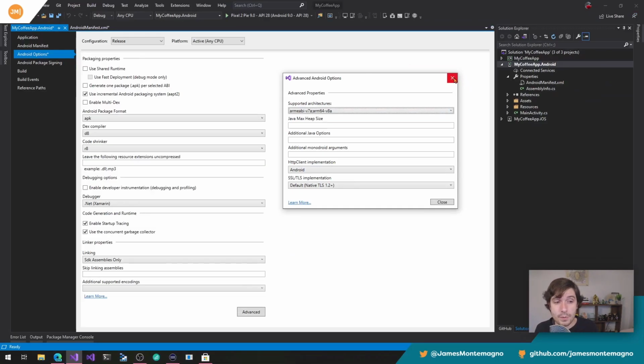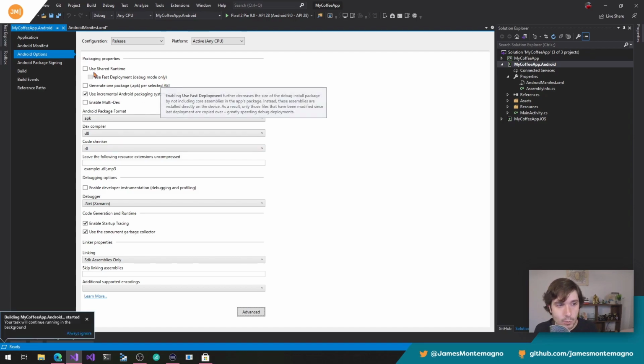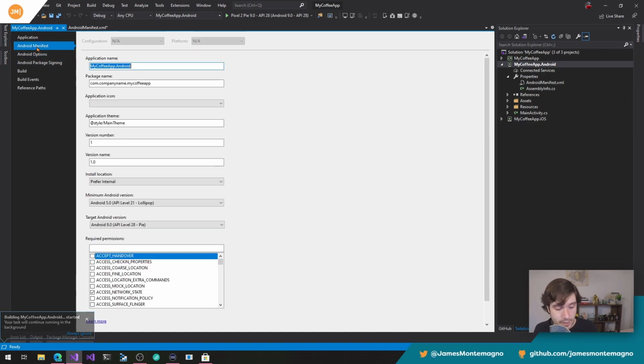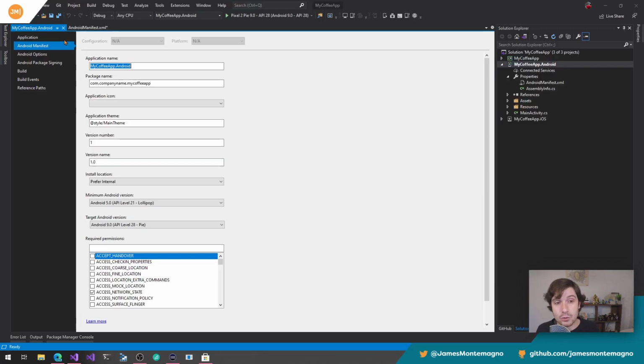All right, so that is the settings for debug and release, and I like to save those. And I like to just toggle those really quick, make sure I'm good to go and I'm really happy with them. The other part here is that you can also click on Android Manifest right inside the property pane, and that's going to show you a representation as best as it can of most of the properties in that Android Manifest.